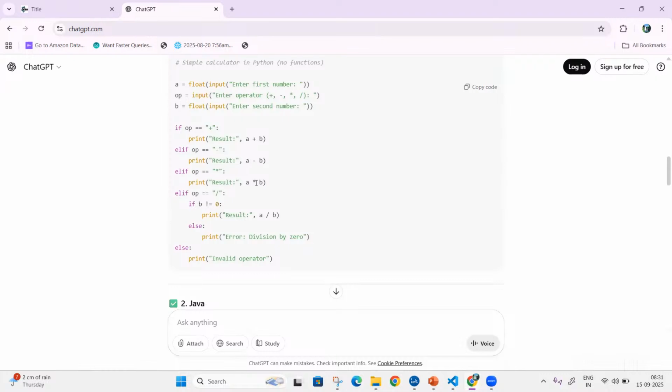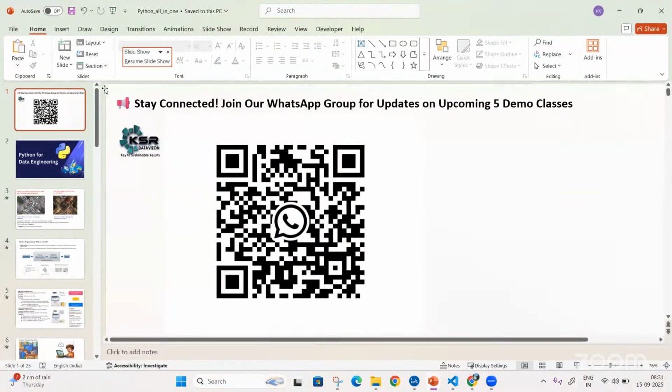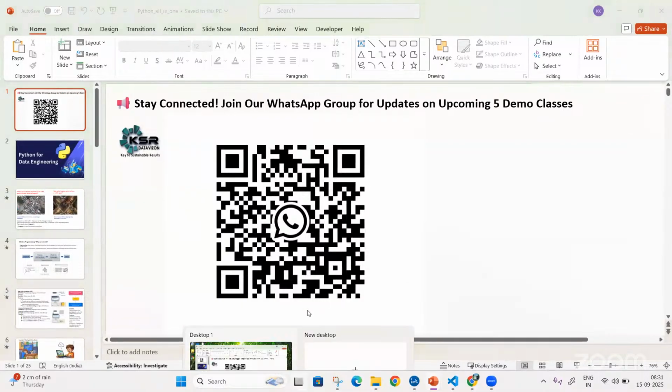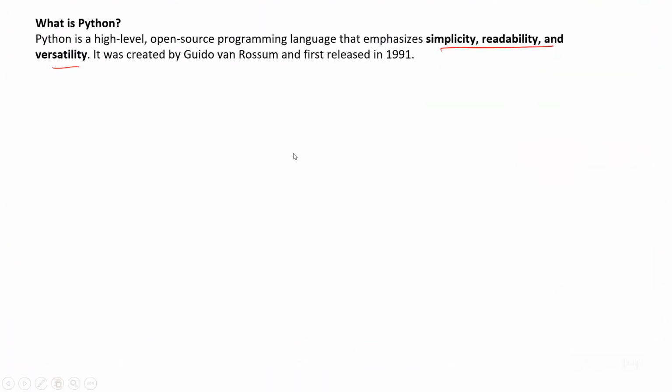If you know any SQL or proper English, you can easily interpret it. That's why it is very simple, readability and work.